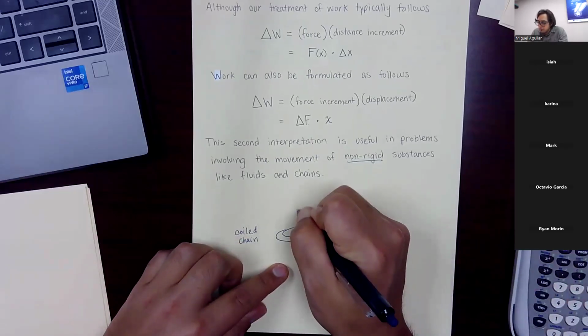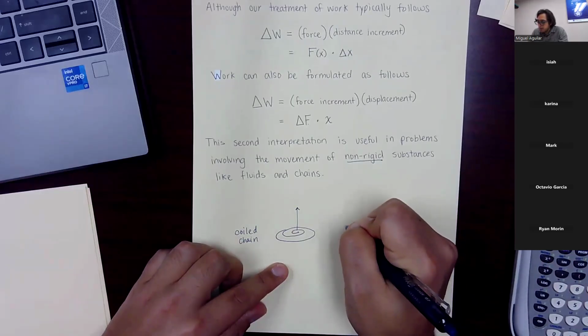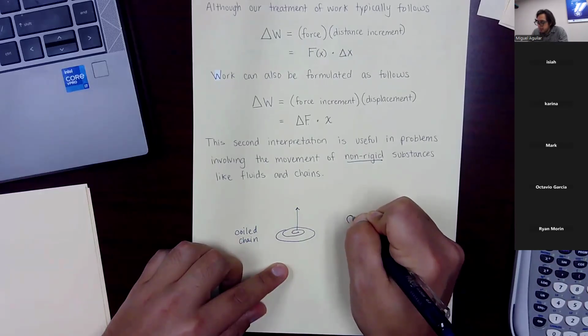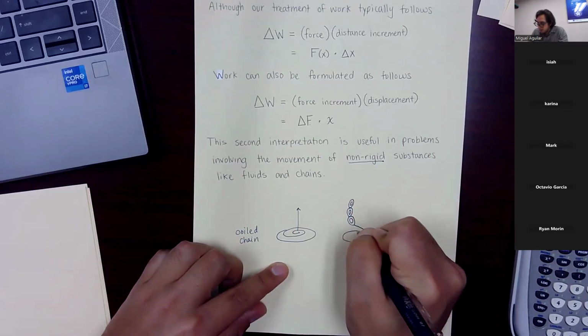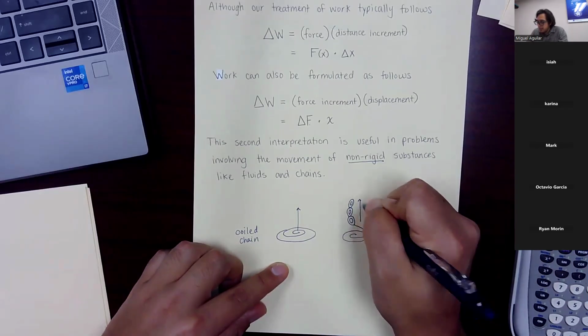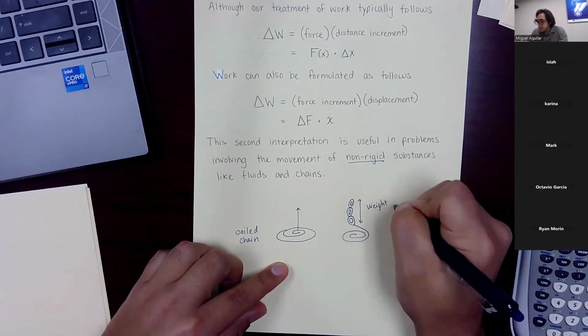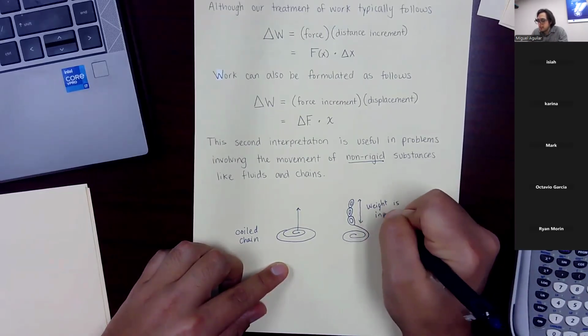As you start to lift the chain or that rope up, then I'm going to put little links here. Then what's basically the weight that's being carried upwards is increasing,